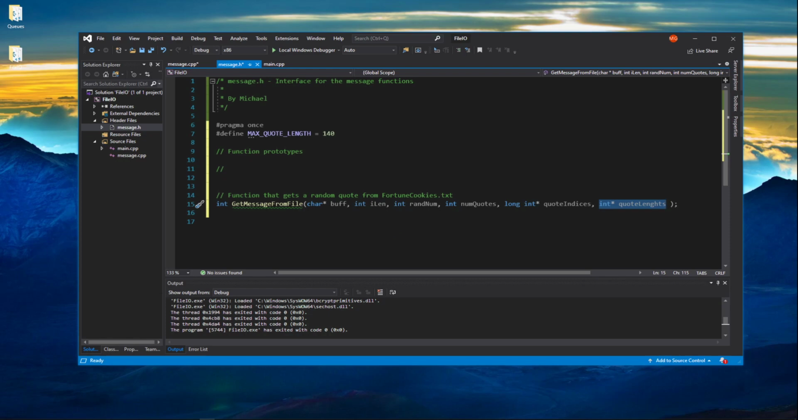what we need to generate is we need to be able to generate a random number. Sorry, we need to give a length of the quote, and that's going to come from the quote lengths array here. We need an array of all the indices in the file. We need the number of quotes in the file and a random number. Okay, we're going to build these